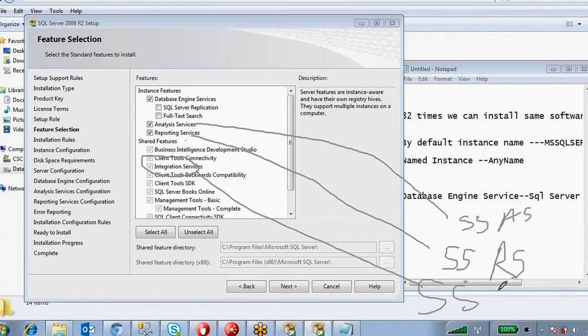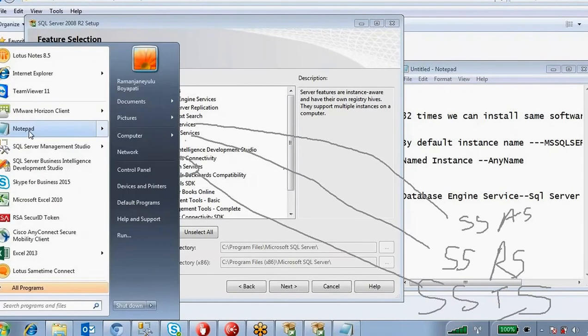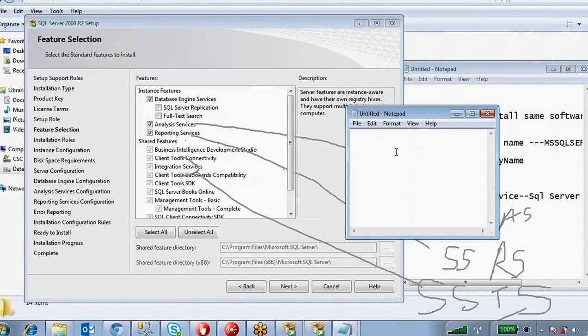Why is it in a disabled state? If you are installing for the first time on your machine, it is in enabled mode. But if you are installing more than one time, that is a second time, the Integration Services is already installed. You need not install Integration Services again. Whenever we install this MSBI software more than one time, the SQL Server